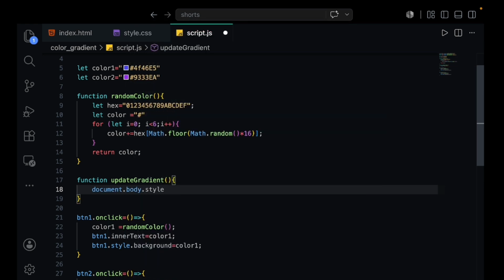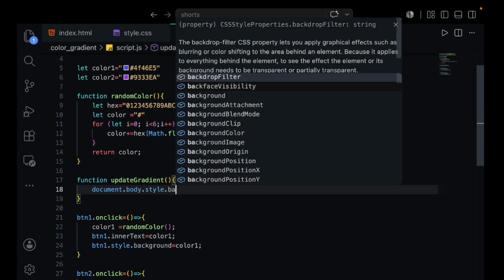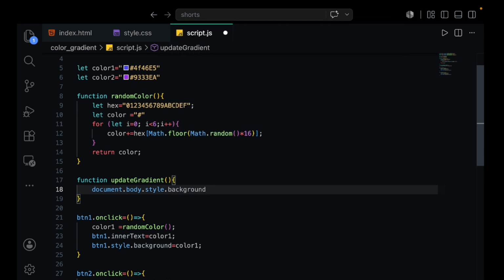From style, we want a background, so it's going to be background equals, in backticks, a linear gradient, as we have given in our HTML code, that is 135 degree, and we do have colors, right?